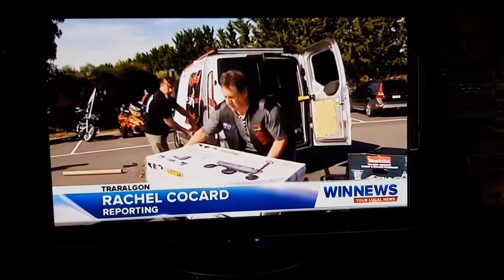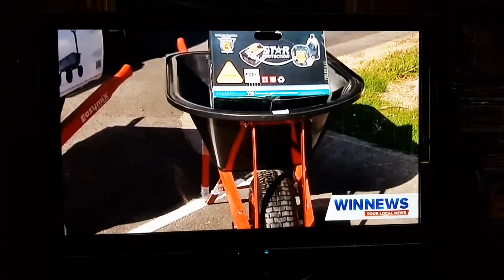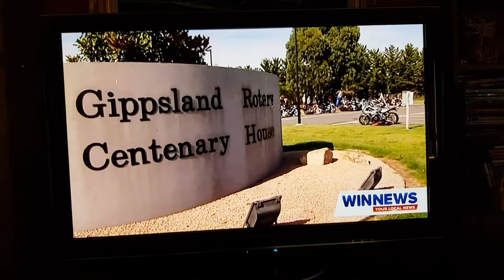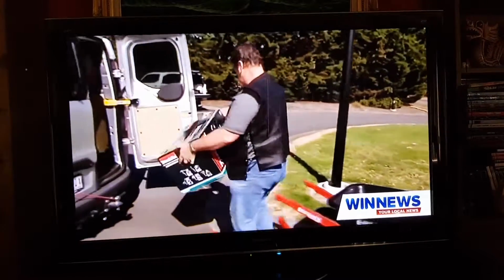It's not the traditional two wheels these riders are used to, but a donation like this goes a very long way for those in need. We virtually do all of our own maintenance with volunteers, and hence the sort of stuff that they're donating today goes a long way. The riders have rallied around Centenary House for the past 4 years, donating supplies and fundraising